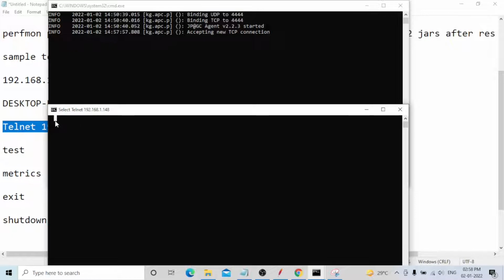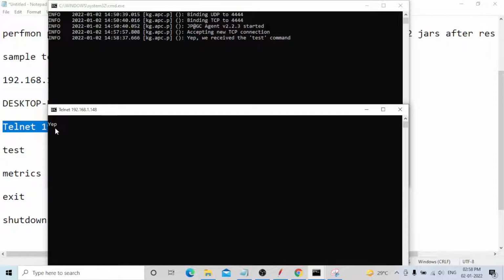Now what do you need to type? You can see it's not showing anything. You need to type on your keyboard test, T-E-S-T. That's all. Click on enter.